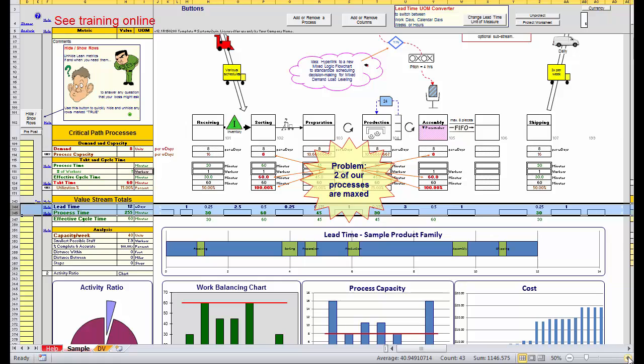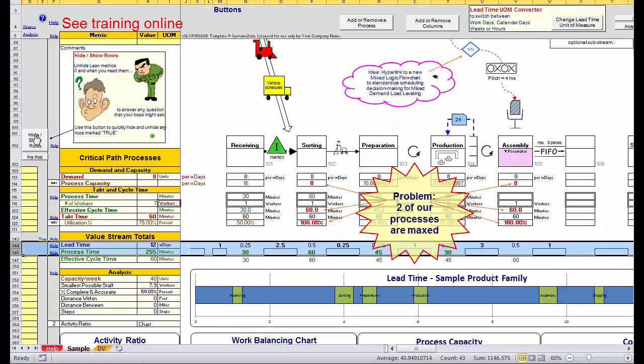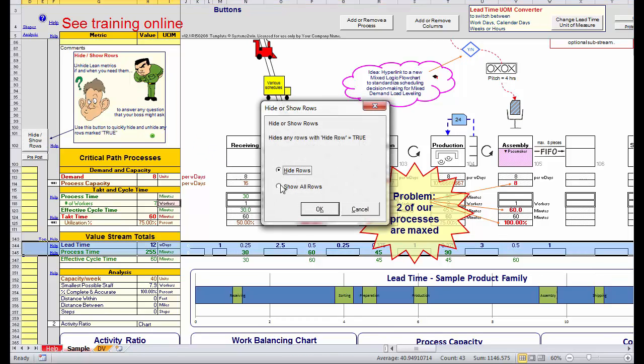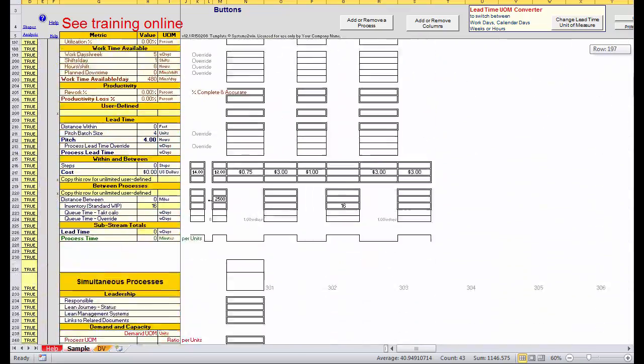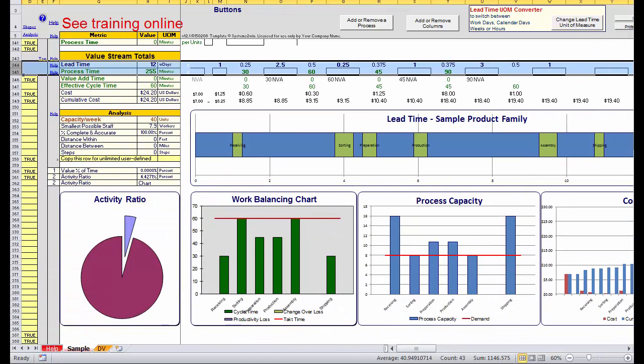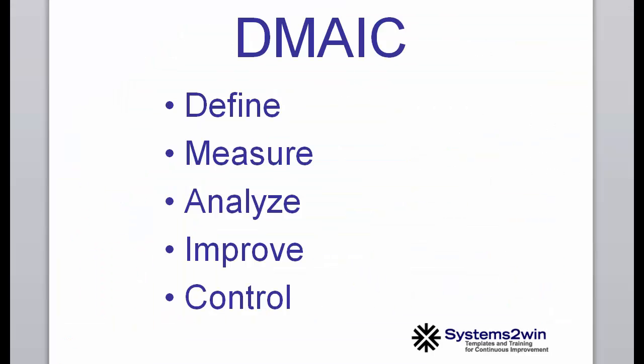And then as you continue on your lean journey, you'll be repeatedly delighted to learn that you can simply unhide and show the many already existing, correctly programmed math to perform many of the more advanced types of value stream analysis that you might grow into as your team matures on your lean journey. Because your goal is not to simply draw a value stream, but to define, measure, analyze, improve, and control your value stream over the period of many years of continuous improvement.